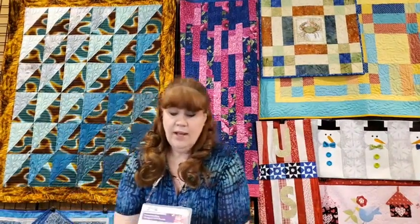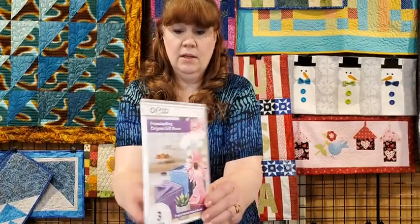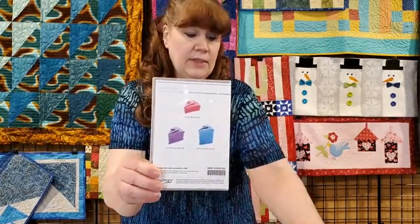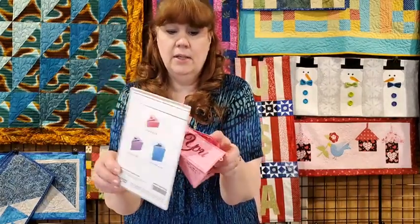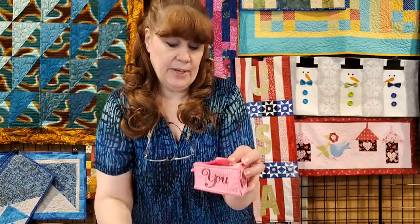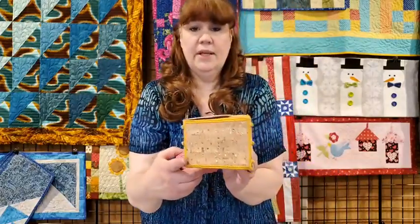The next item we have is an embroidery, and this embroidery is from OESD, and this is for freestanding little gift boxes, and there are 3 sizes. The shortest and the tallest have the same base, so they are a smaller base size. Here's my little one here, and then the medium height is a little bit bigger base, and that's this guy right here. So these are all done in the hoop,